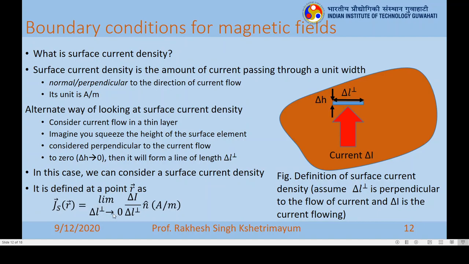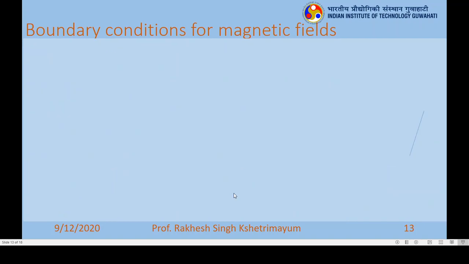So now, limit delta L tends to 0, delta I by delta L. This is the ratio of delta I by delta L. That's why the unit is ampere per meter. Direction is along the perpendicular to the direction of the current flow. We can denote it by n. So I think you are ready to find out what is the right hand side of the